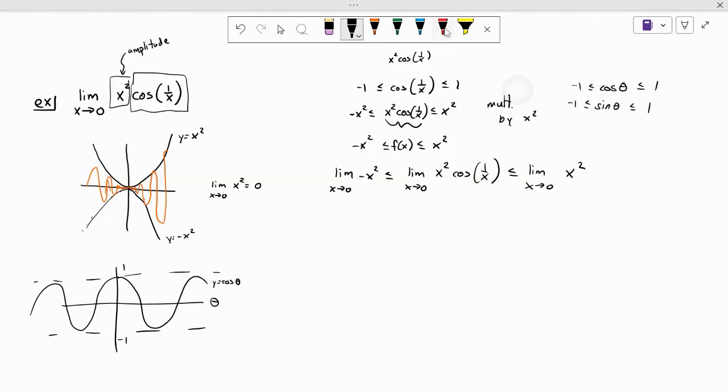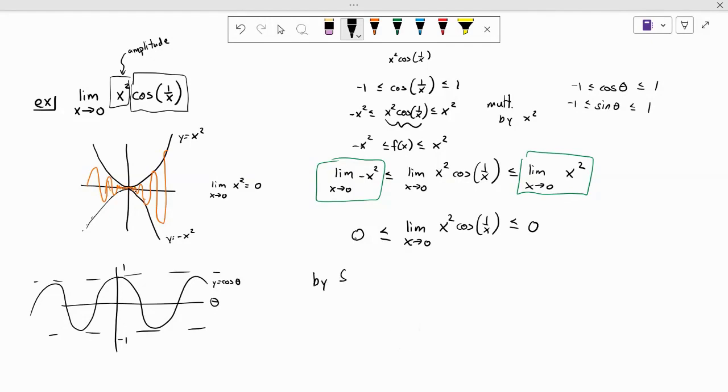Right, and notice that the two limits on the outside are easy to compute. You can just plug in 0 for x directly to get 0. So it looks like the limit of our function, x squared times cosine, is some number between 0 and 0. So it must be 0 itself, right? So by squeeze theorem,